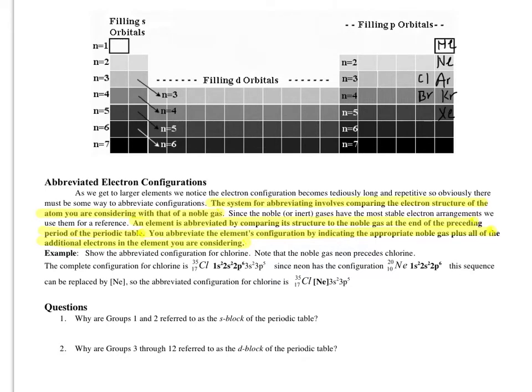And if you have, you've probably noticed that as you get further along in the periodic table and the atomic numbers of the atoms get larger, the electron configurations get really long and really tedious and pretty annoying to write. So the good news is that there's a system for abbreviating, and you will be expected to know how to abbreviate electron configurations. So what you need to remember is that the very last column or family of the periodic